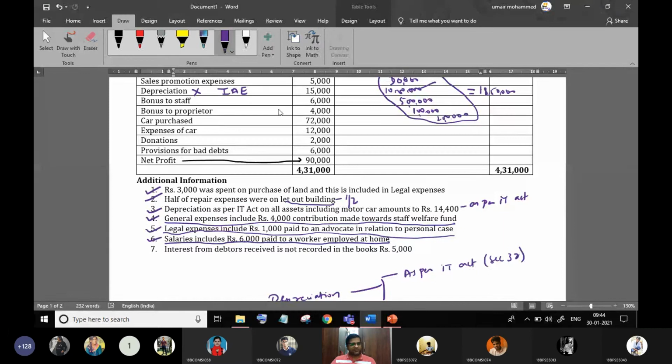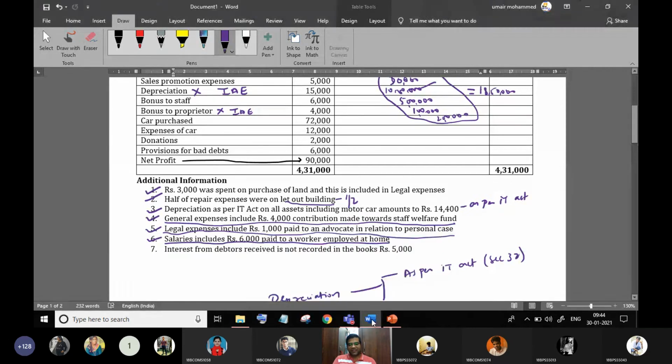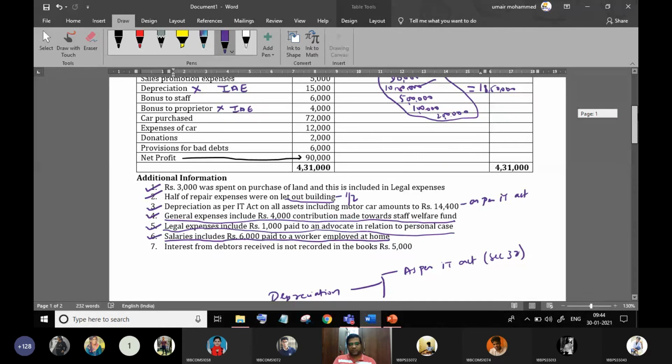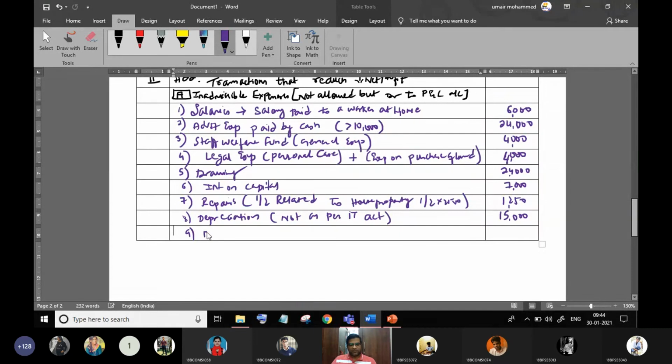Bonus to staff allowed. You're paying for the benefit of the employees, but bonus to proprietor inadmissible. Proprietor takes the entire profit. So why proprietor wants the bonus? So therefore, bonus paid to proprietor becomes inadmissible expense. So let's write this here. Bonus paid to proprietor 4,000 inadmissible. Next,